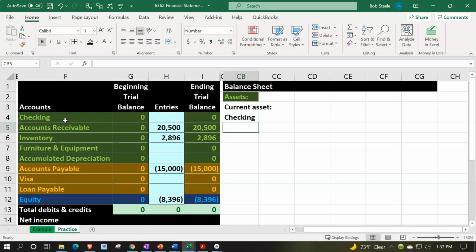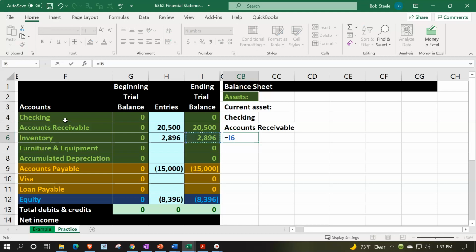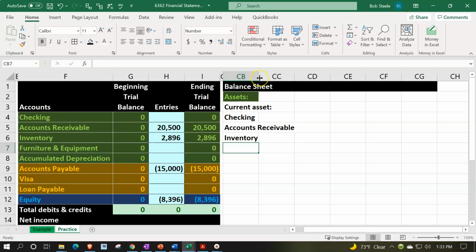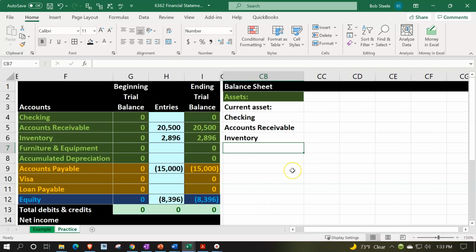Let's just add all the accounts here. Then this one's going to be the accounts receivable. I was going to build it as we go, but let's just build the whole thing out. Accounts receivable. And then this one is also a current asset, the inventory. So then I'm going to make this cell a little bit larger between the CB and the CC, and we're going to call that total